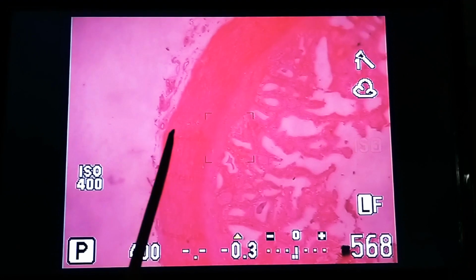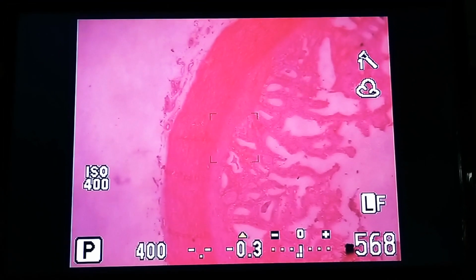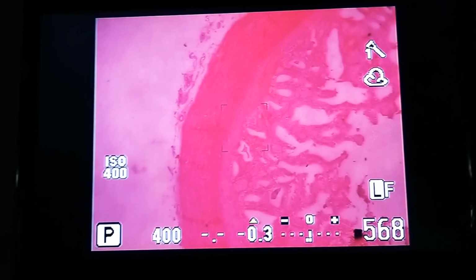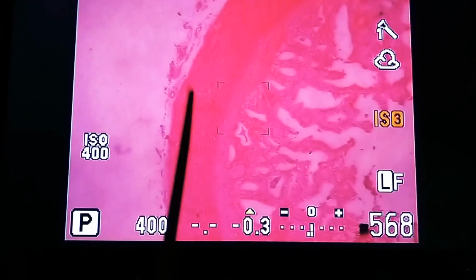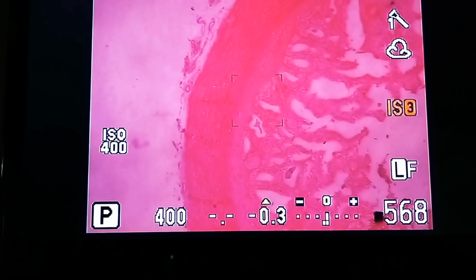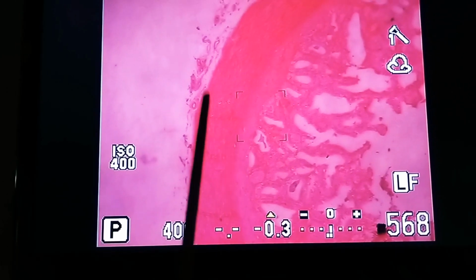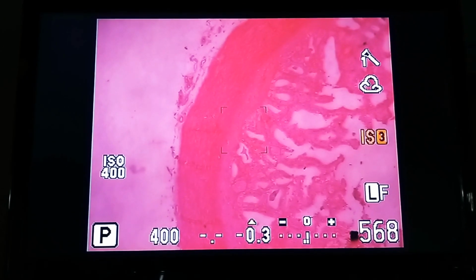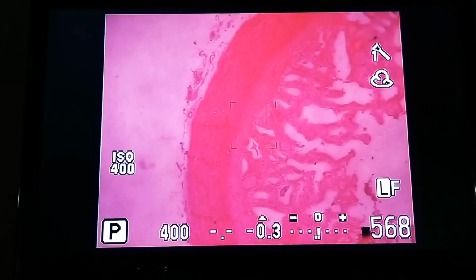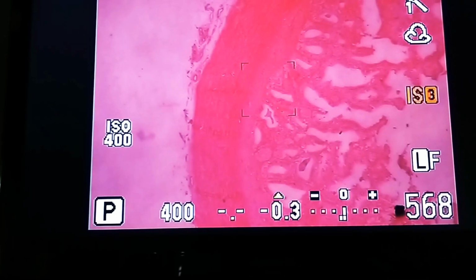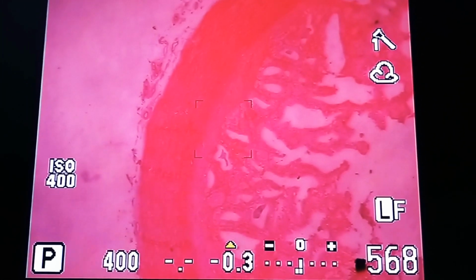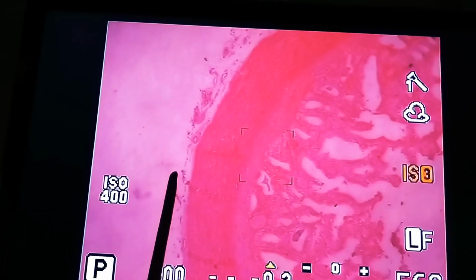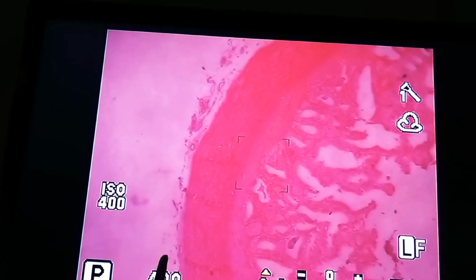Okay, and this layer, you see it is almost red looking, dark pink. This area is composed of muscular fibers. So this is the layer of muscle tissue just next to the lamina propria, and this is the layer of, what is this layer? This is a layer of mesothelium. Because the fallopian tube is surrounded by peritoneum, it will be lined by mesothelium and it will be covered with a lot of blood vessels and nerves.